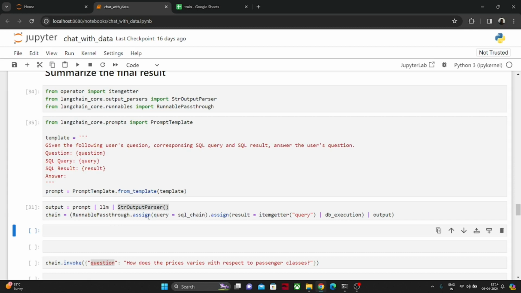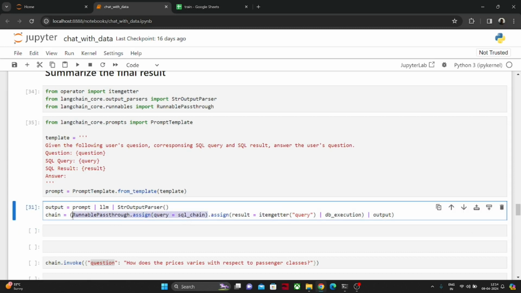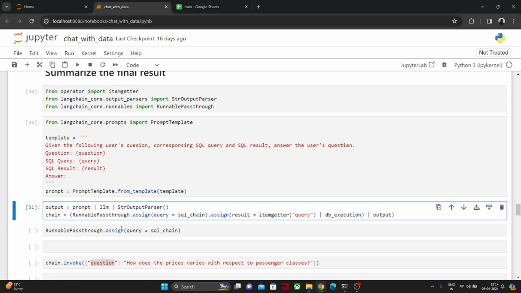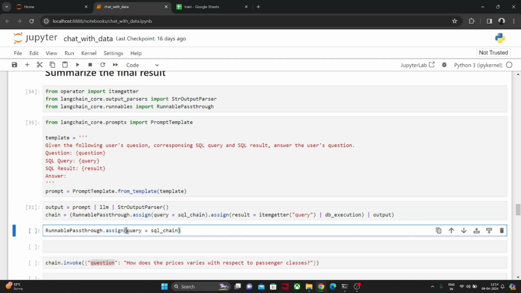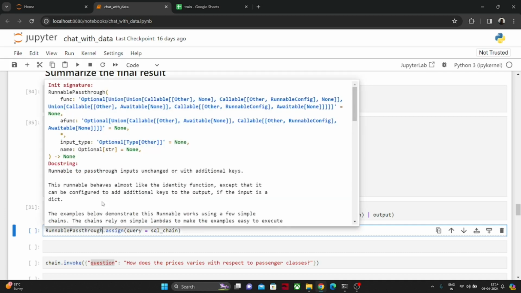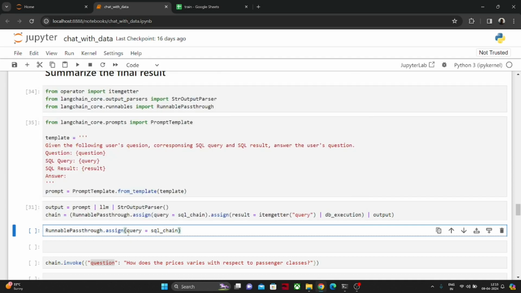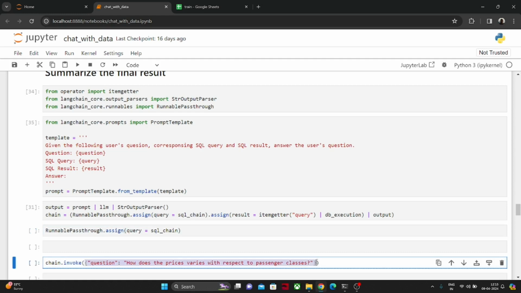So let's first run this one. We are using a RunnablePassthrough over here. What is RunnablePassthrough? It is basically just an identity function. It helps in using the dictionary at runtime. It can be used to add a few keys at runtime to the dictionary if we are passing a dictionary as an input to it. If you see, our input is in dictionary format, and the prompt takes three inputs: